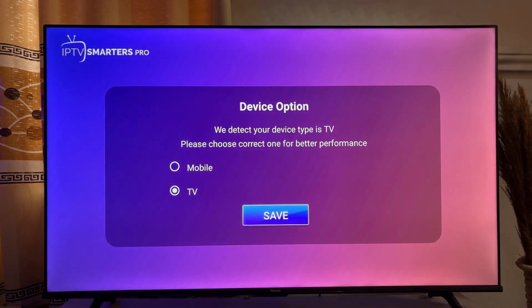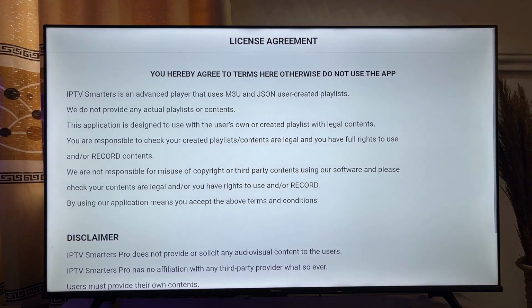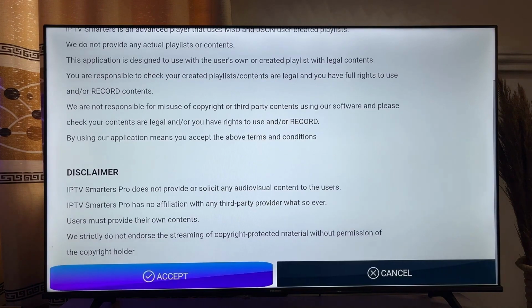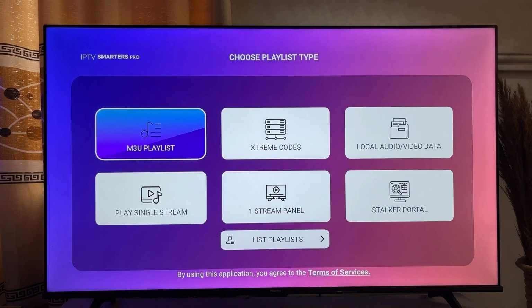Now you want to go ahead and choose whether you're running it on a mobile device or on the TV. So we are going to choose the TV. Now you want to scroll down and then click on Accept. And now we have the IPTV Smarters Pro on our Firestick. Now you can go ahead and log in using the Xtream code or